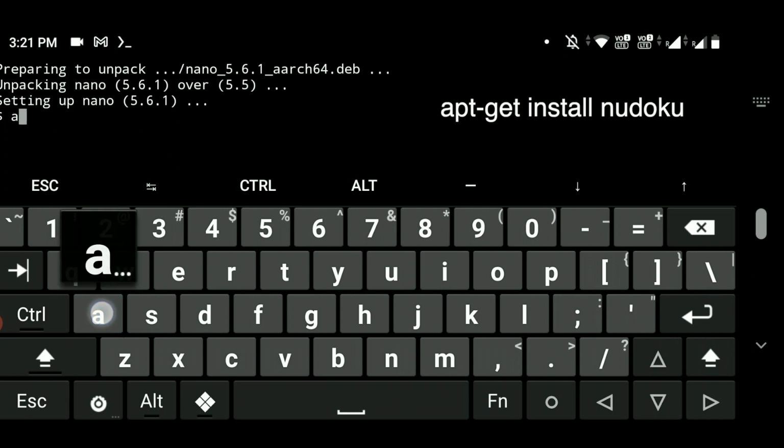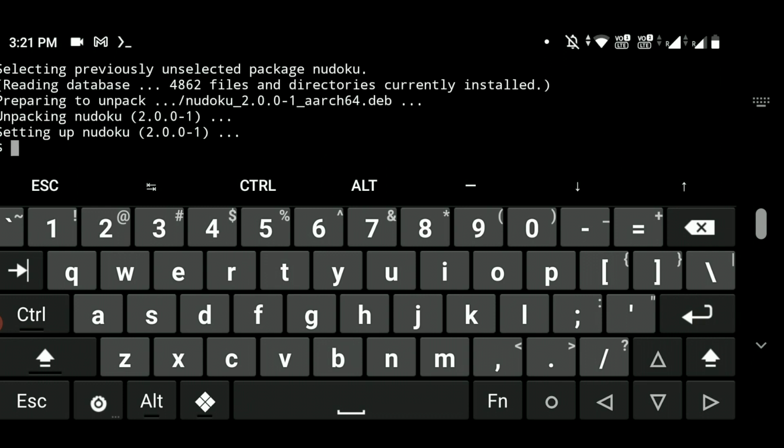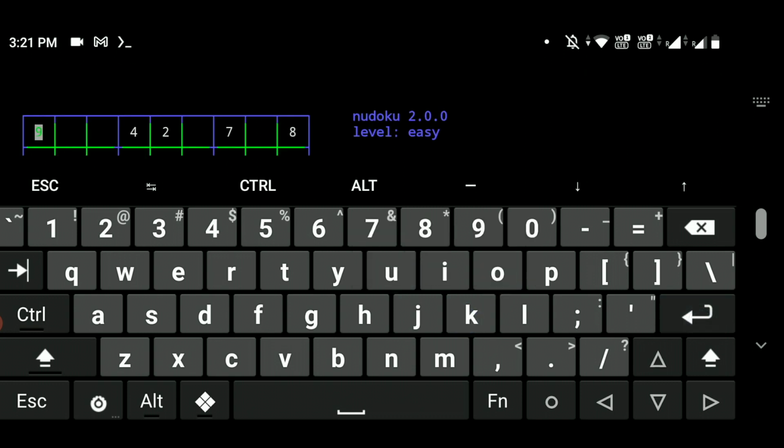Just type here apt hyphen get space install space nudoku, and hit enter. Now you can see the installation of Sudoku is completed. Now type here nudoku and hit enter to launch the game.